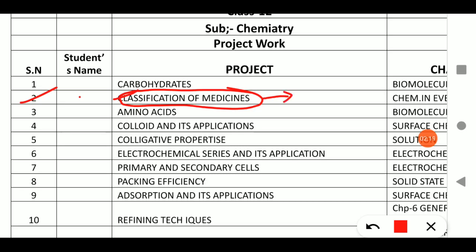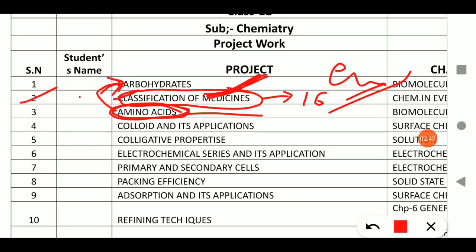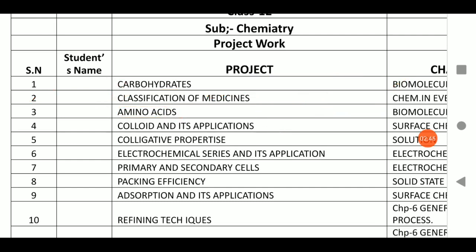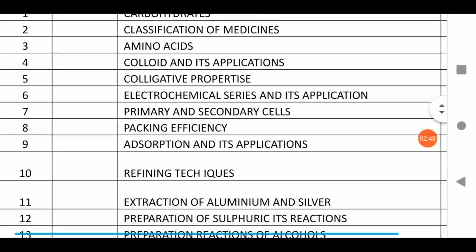And this is from chapter number 16, that is chemistry in everyday life. You will write all classifications of medicine along with examples. Third is the amino acid. So students, amino acid is also from the chapter biomolecules, like the carbohydrate I gave to roll number 1. So again it is from chapter number 14, that is biomolecules. For roll number